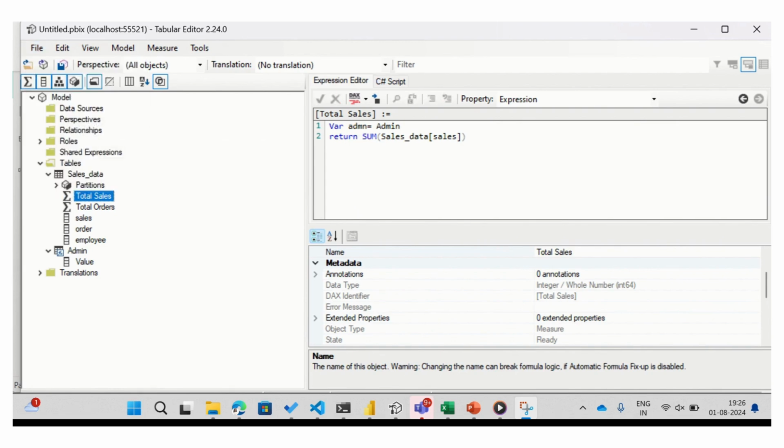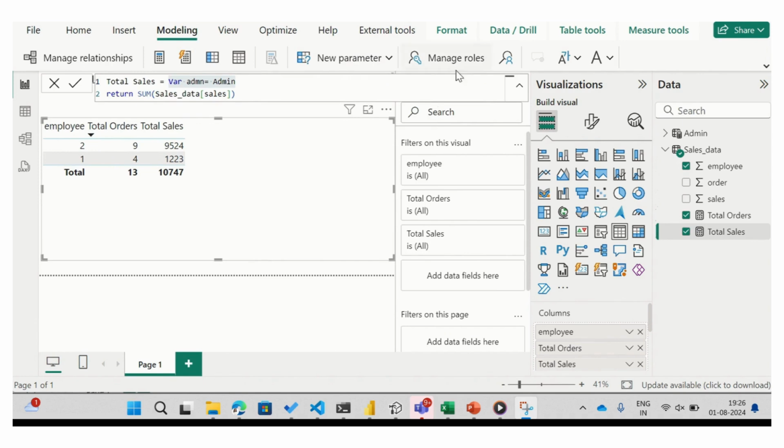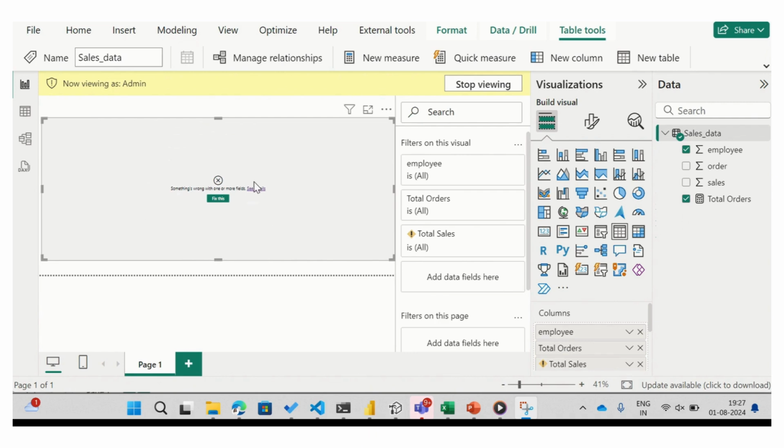and we'll be able to see our measure has been changed. In this admin tab, I will be able to see the total orders because we have set none for admin. This is the main problem of creating none for our admin table, because by editing these things I will not be able to see sales tab. That part we have done already.